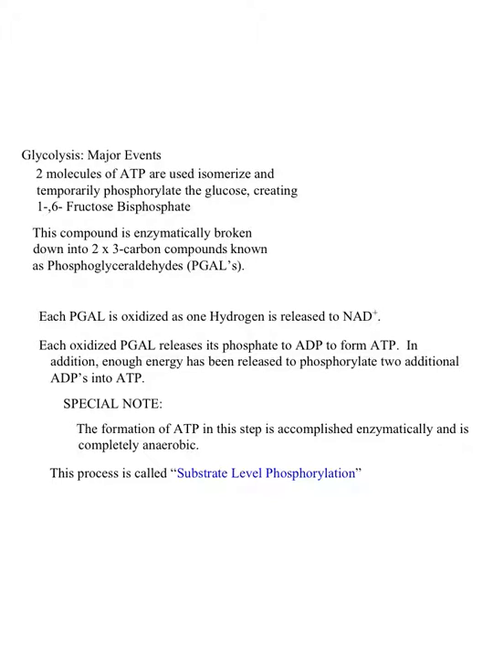Now, what actually happens in glycolysis is that we're going to use 2 molecules of ATP to isomerize and temporarily phosphorylate the glucose. We're going to take that glucose ring and create an isomer that is linear instead of ring-shaped. And it's going to be in the form of fructose rather than glucose. Remember, fructose still has the same formula, C6H12O6, but all of the hydroxyls and such are arranged in a slightly